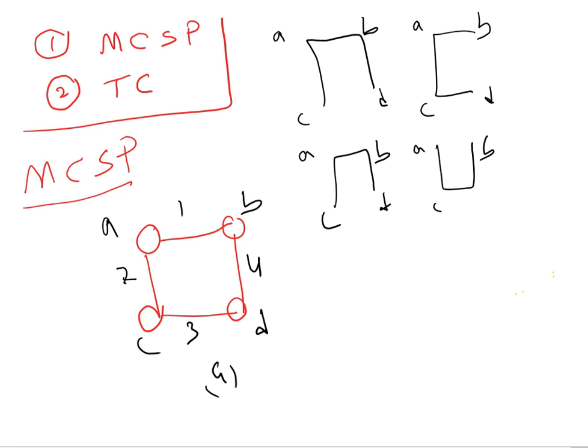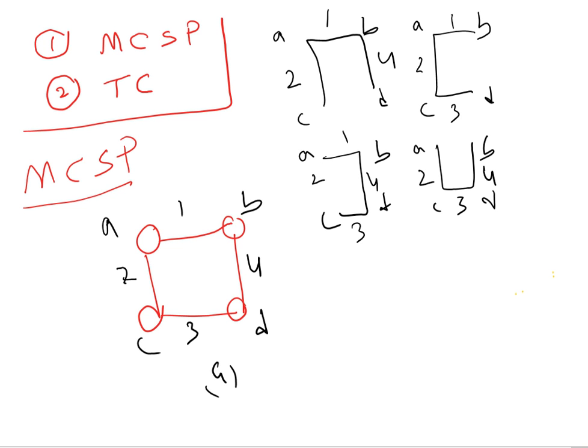What are the properties of a spanning tree? Every vertex should be visited and no cycle should be there. So these are the four spanning trees which we obtain from the graph G. What is the cost of this one? We have 2, 1, 4 and then 1, 2, 3, 2, 1. These both are the same. So 1, 4, 3, 2, 3, 4.